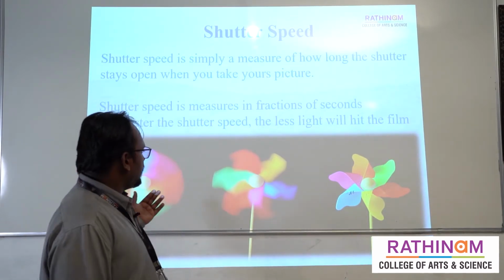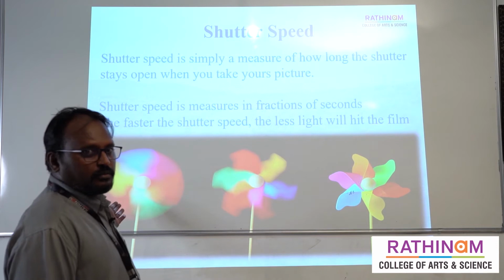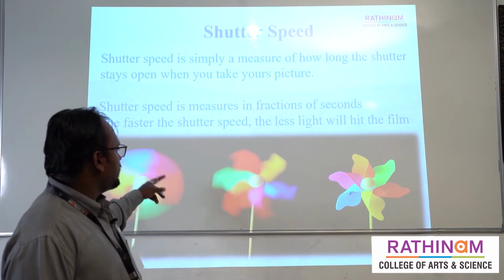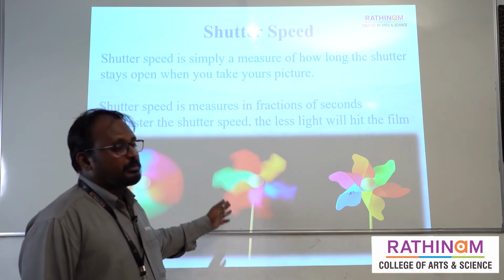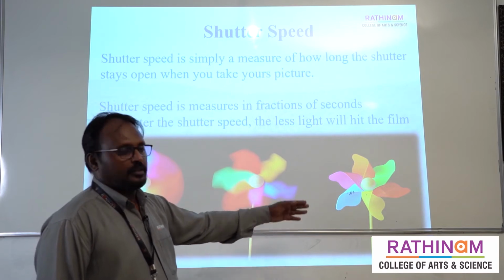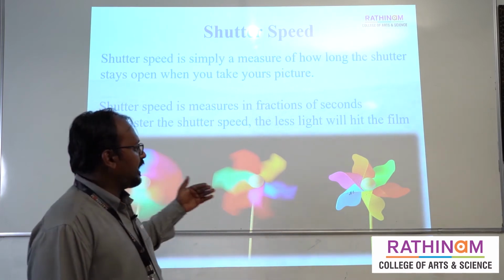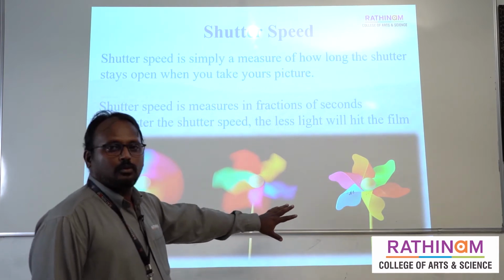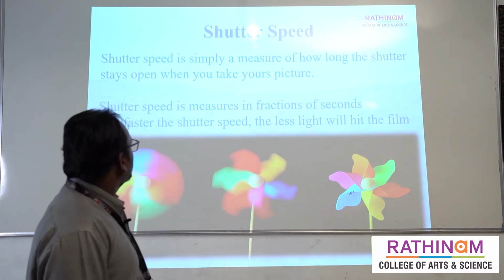These are the three photographs I have given here for shutter speed. If we keep the shutter speed very low, we will get this blurred image of the wings. If we increase it a little more, we get this type of photograph. If we want to freeze the image, freeze the wings, this is the photograph for that example. So if we increase the shutter speed, motion can be frozen.